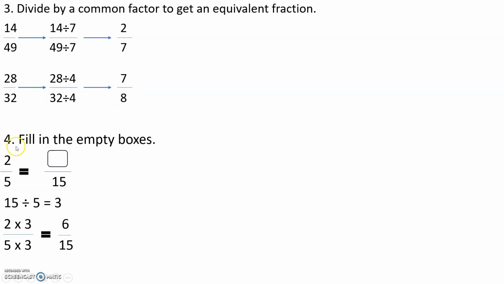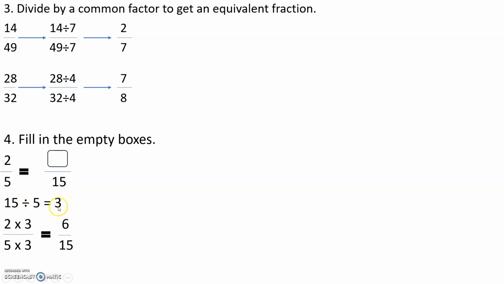Now see children, this fourth question. Fill in the empty boxes. They have given here 2 upon 5 is equal to dash upon 15. Now we need to find out this number. Now how will we find out? So नीचे जब देखो दो numbers दिए हुए. So I'll divide this big number by this small number. So 15 divided by 5 gives you